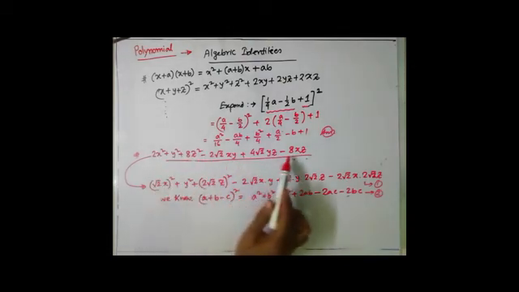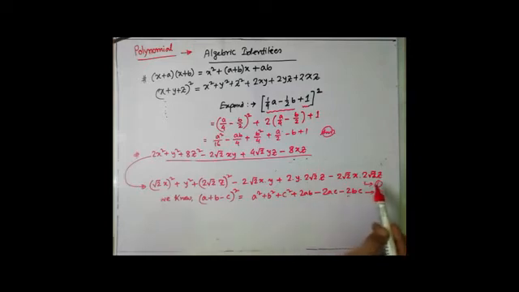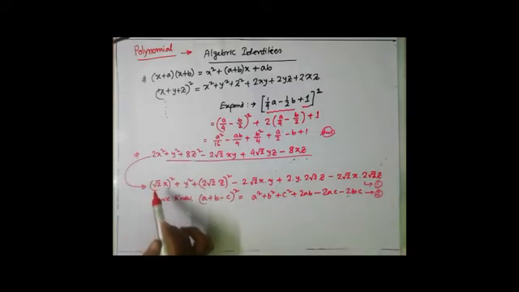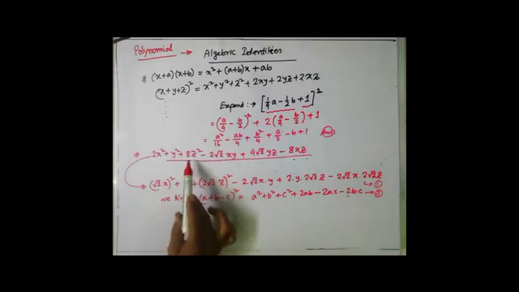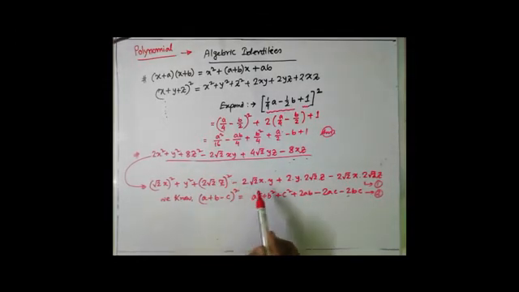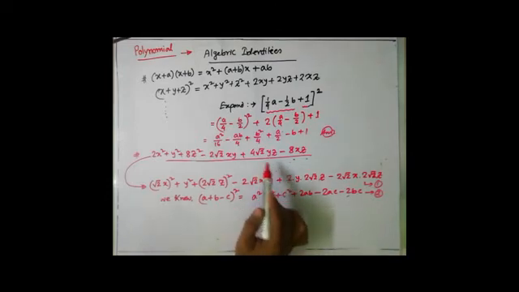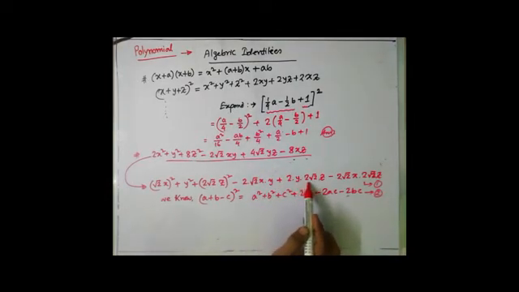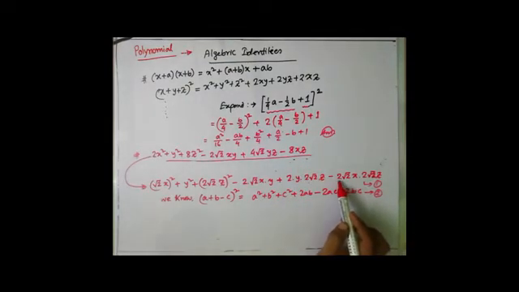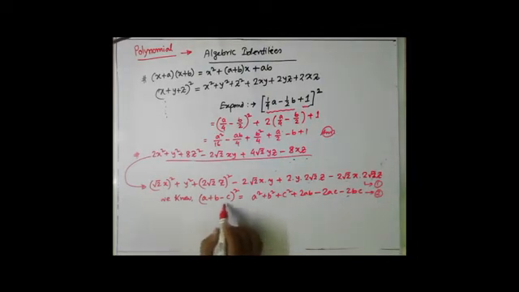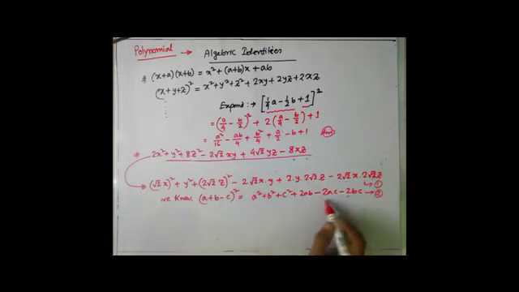Now see, that particular equation can be converted into this particular form. You can see 2 can be written like root 2 square, 8 can be written like 2 root 2 square, then 2 root 2 xy is there, 4 root 2 can be written like 2 into 2 root 2. Similarly 8 can be written like 2 into root 2, 2 into root 2. So root 2 into root 2 will give you 2. So 2 into 2 into 2, that will be 8. Okay, and this formula we already know, a plus b minus c whole square. If you expand this whole thing, it will give you this expression. You can check it over here.